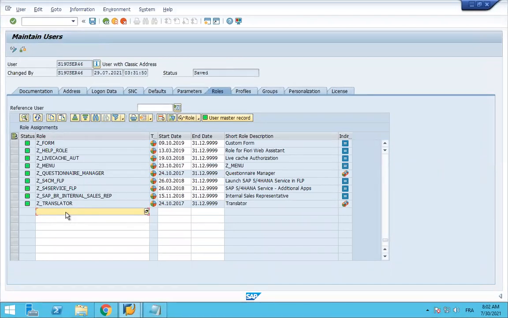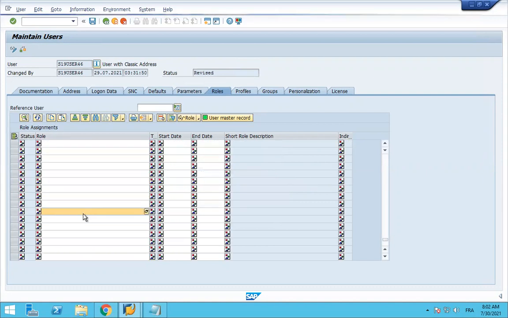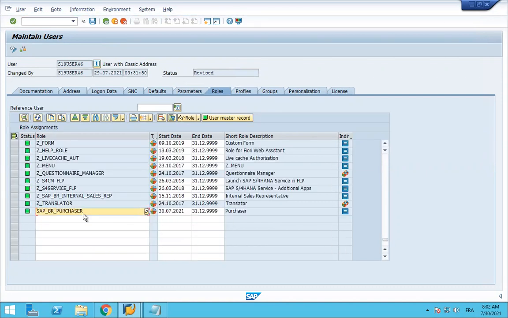Our role is SAP_BR_PURCHASER. This is our role. Click enter. Okay, you can notice that our role is purchaser. That means that we successfully added our role. Click to save.